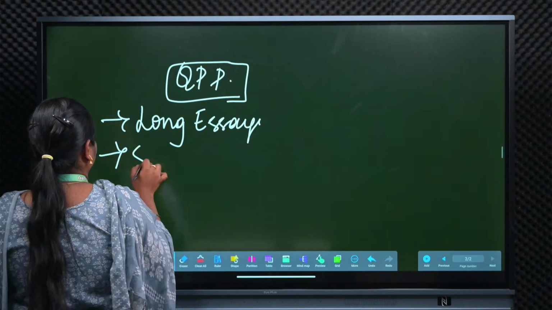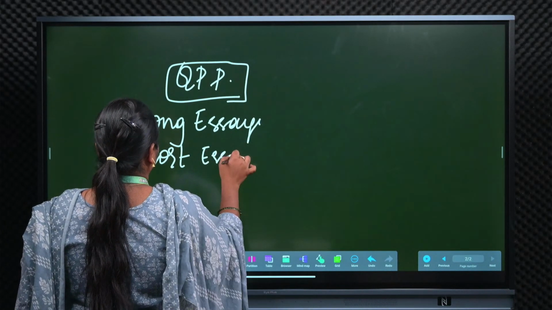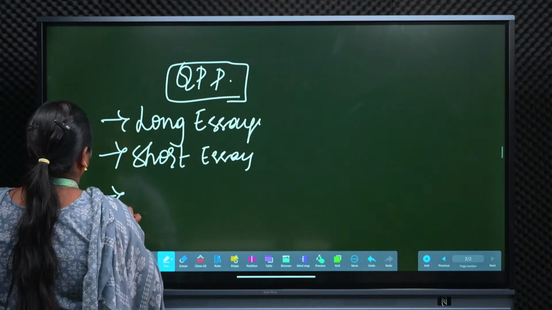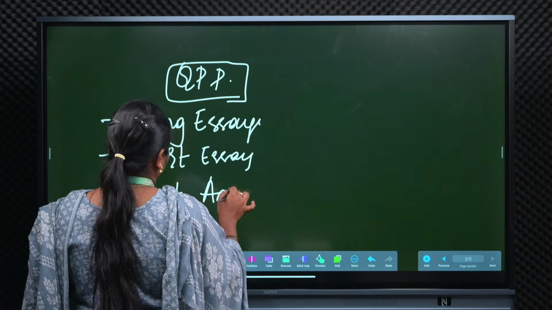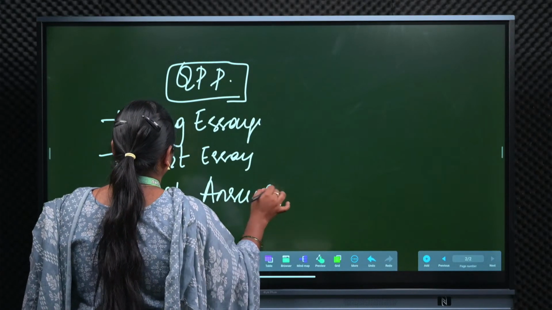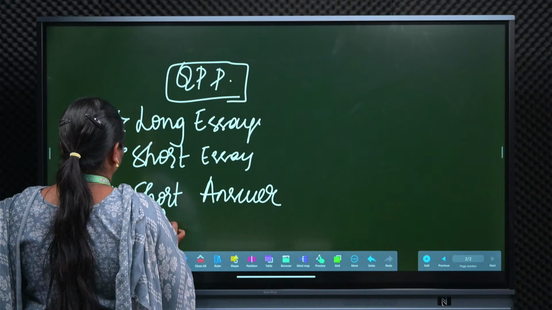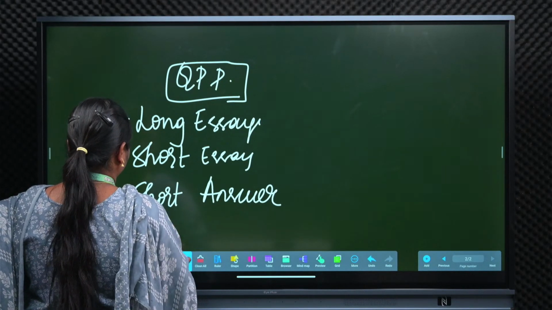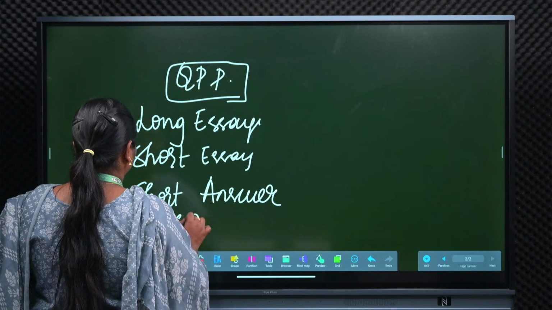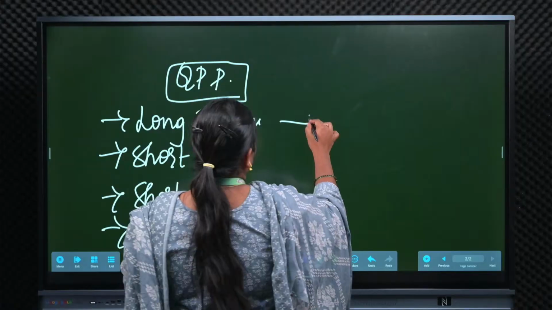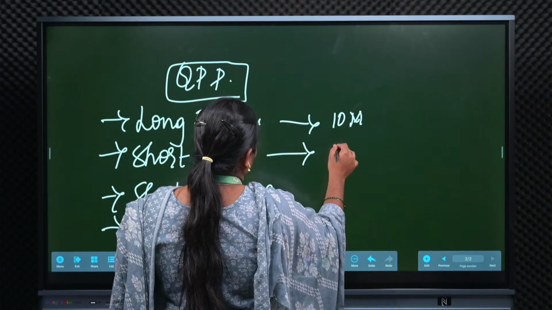Short essay, short answer, MCQs. The long essay carries 10 marks, short essay 5 marks,